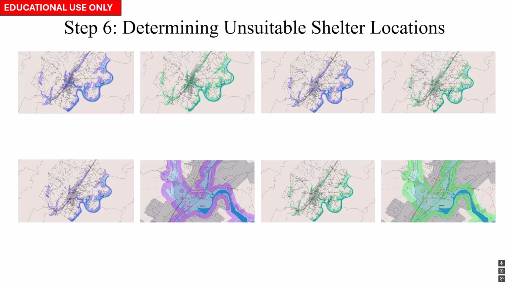Again, using the same color terminology, purple for 1%, green for 0.2%. These are very similar buffer zones. They do not change that much. Very minor differences. So that's the top 2 left images are just the buffer zones. The top 2 right images include the buffer zones as well as any symbols that represent possible shelter locations. So that is churches, schools and universities,